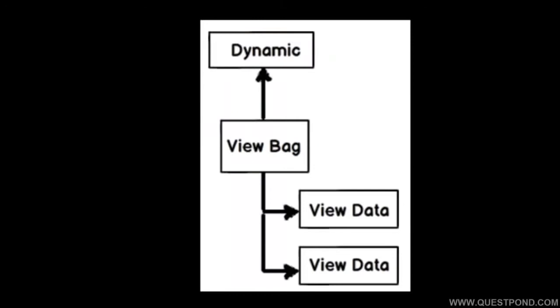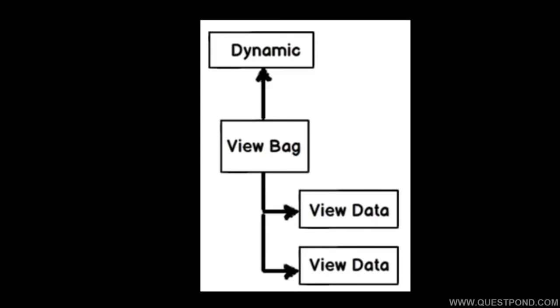Now there is one more way by which you can pass data from controller to views, and that is by using something called ViewBag. Now ViewBag is nothing but a collection of ViewData. It simplifies the syntax of ViewData. If you remember, in the previous example, when we were writing ViewData, we were putting a square bracket, then double quotes, a lot of things, right? So ViewBag helps you to simplify the syntax of ViewData, first thing.